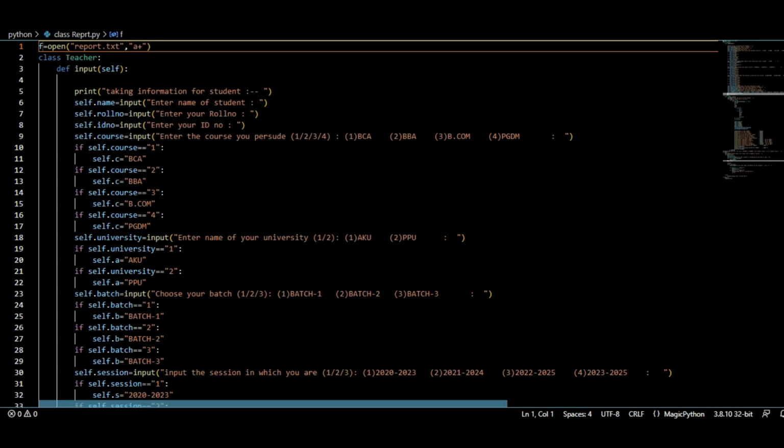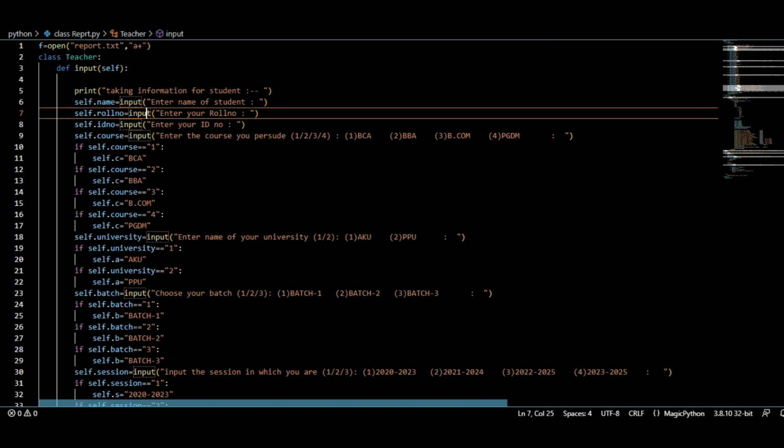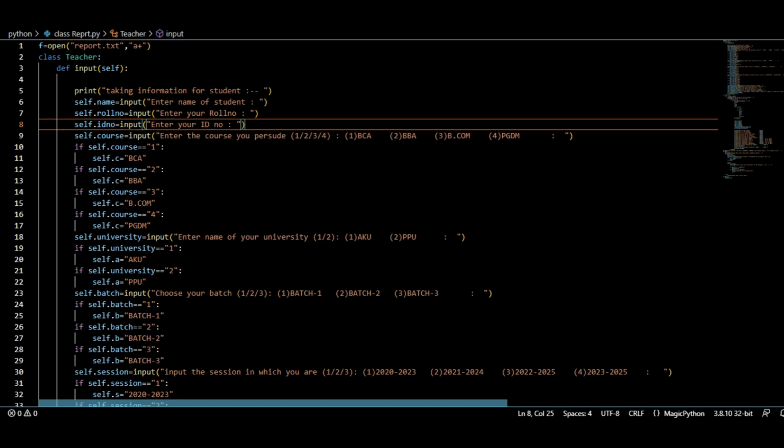In this project, we have seen that there is a variable f which is used to open a file named report in append mode. And next, there is a class named teacher which has a function, that is a method, named input. And in input, we take information from the student, whether it is name, roll number, id number,